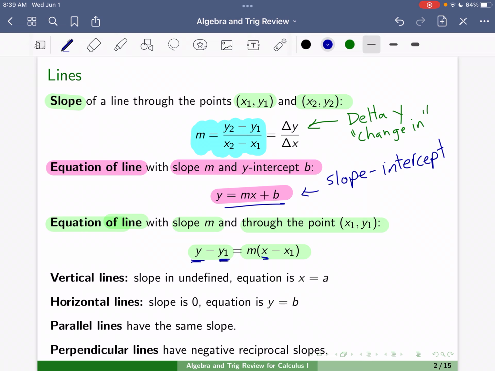The value x is still a variable, but x1 would be a number and m would be a number. So if you happen to know your slope was 3 and you had a point, let's say 4, 7, then the point slope form for this line is y minus 7 is equal to 3 times x minus 4. And again, this is called the point slope form